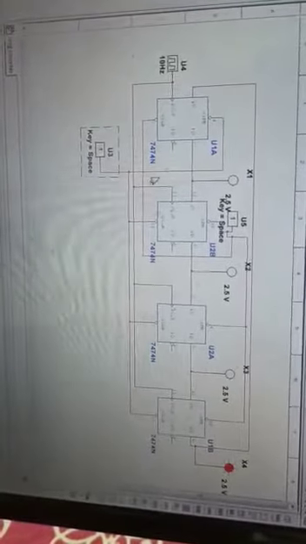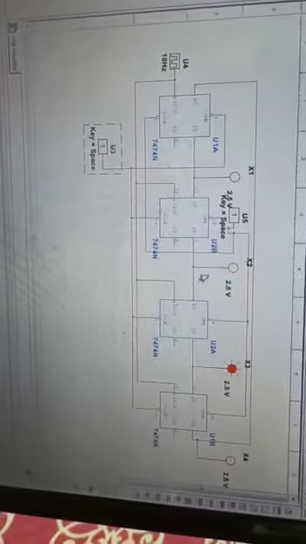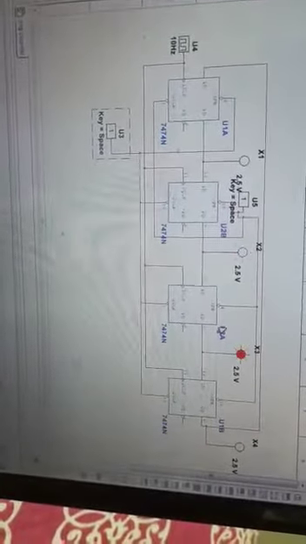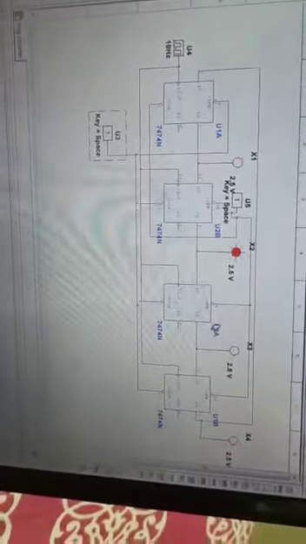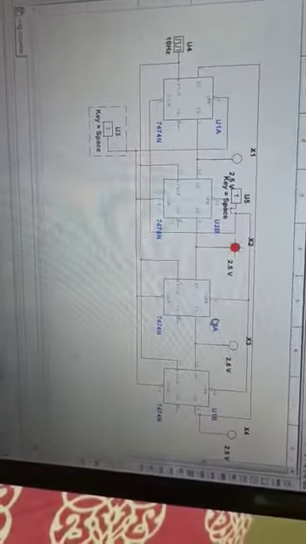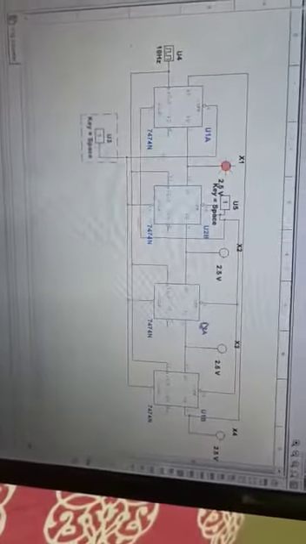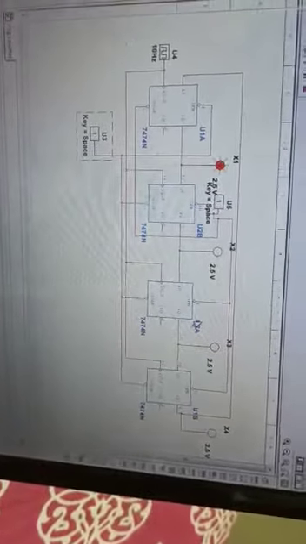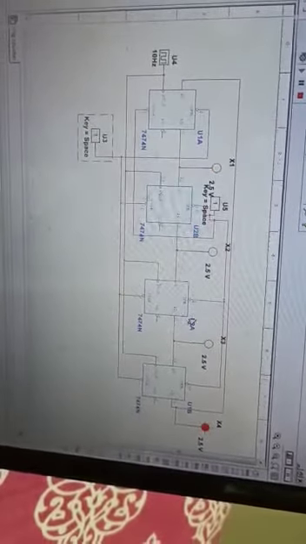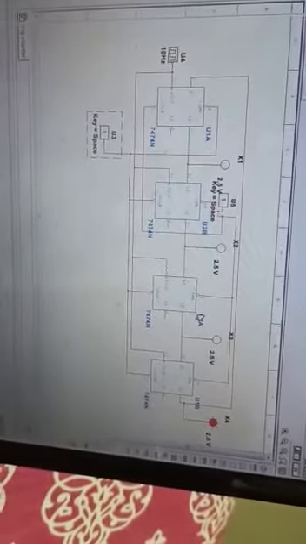So when I make it 1, in every clock cycle that 1 gets shifted right. And then at the end it comes back again, because the output of that is given as an input to the first. So this 1 will keep on circulating, 1 will keep on rotating. So this is called a ring counter.